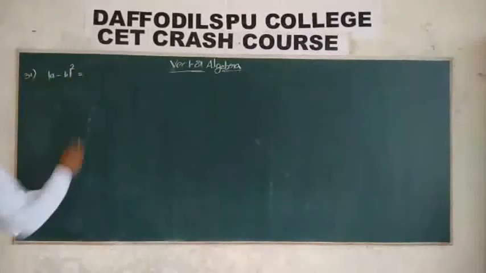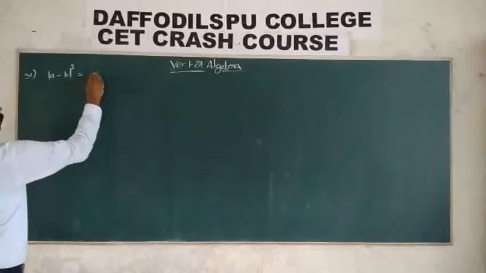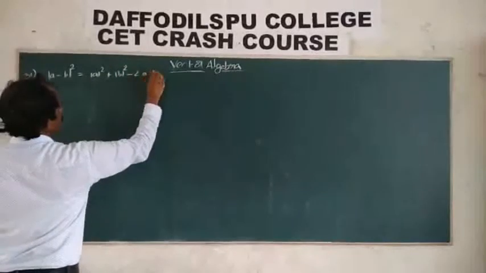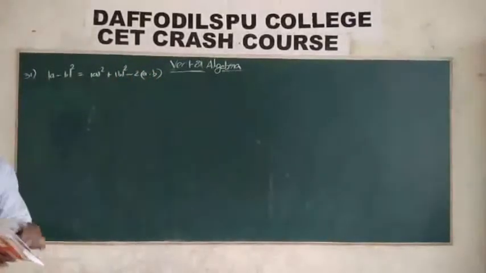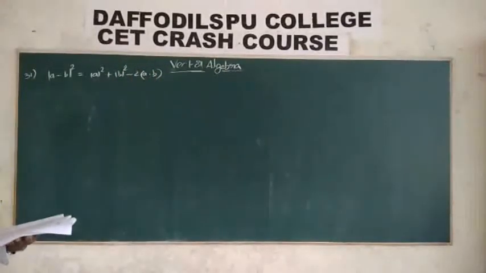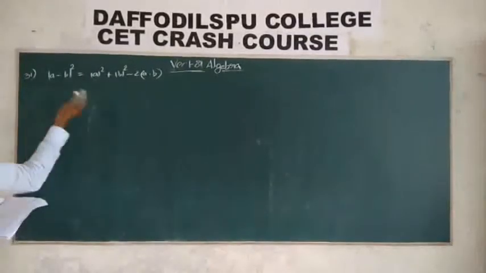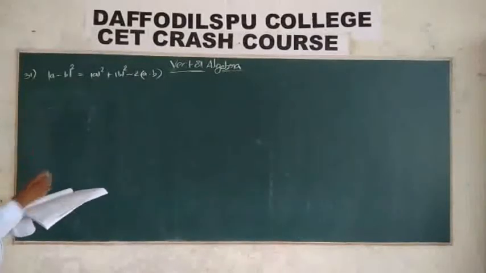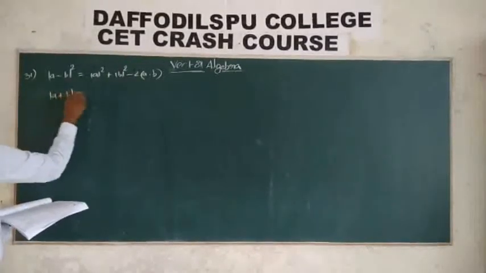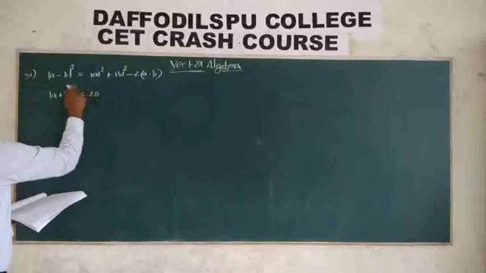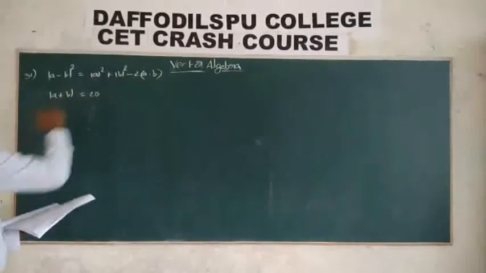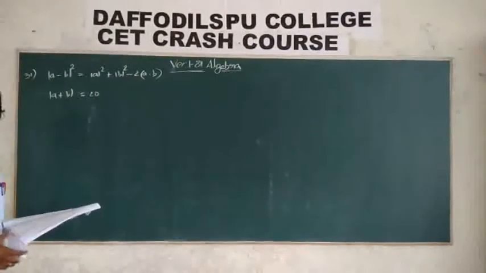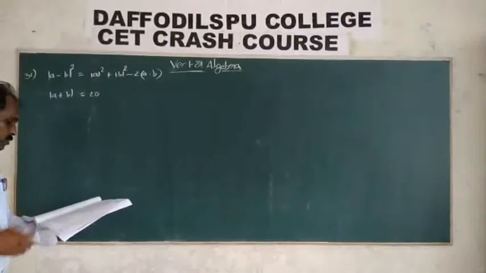Modulus of a minus b. So take the square. Square means mod a squared minus 2 times a dot b plus mod b squared. Given above, modulus of a plus b is given; expand that to find a dot b. The modulus of a plus b value is given as 20. Take the square and expand to find a dot b. Replace it here, and you get the answer for modulus of a minus b whole squared. Then take the square root of modulus of a minus b, and you get the answer.